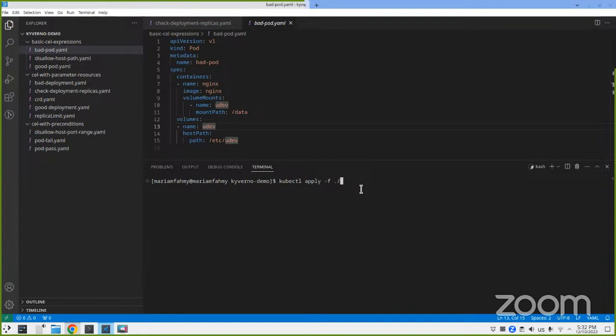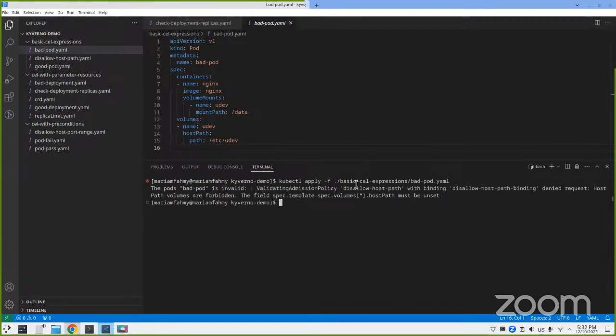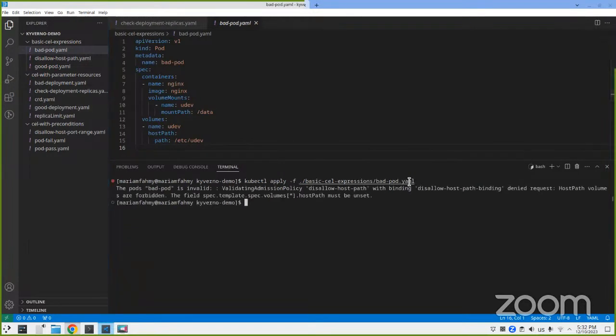If we apply the Kyverno policy, the rejection or the allow of the creation of this resource will be handled by the Kyverno admission controller. So there is a difference between both of them. As you see here, this resource got rejected because of the validating admission policy. The API server actually denied this request, and here is the message that we were specifying